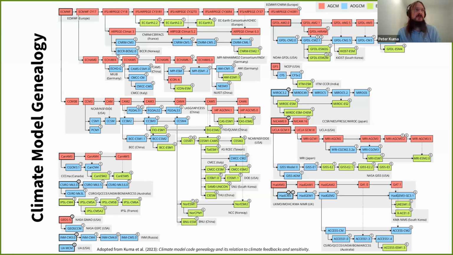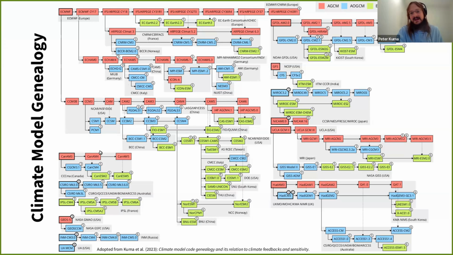It could be due to some geographical location, or maybe they want to ask some particular questions about extremes or other things. And so the initial climate models started to be developed in the 1970s. And from those times, more and more models were derived from the original models. And so here you can see, for example, this ECMWF is a common European model, which was developed starting in the 1980s. And it's being developed until today in various other branches of models.